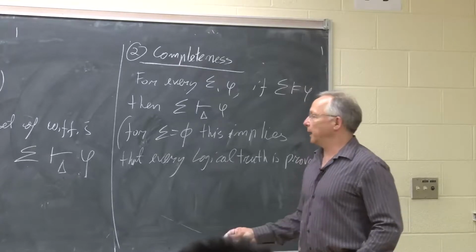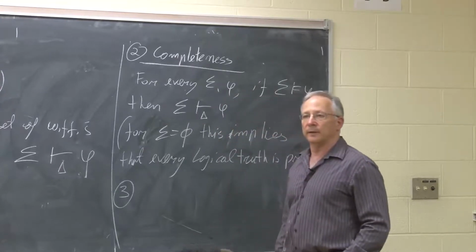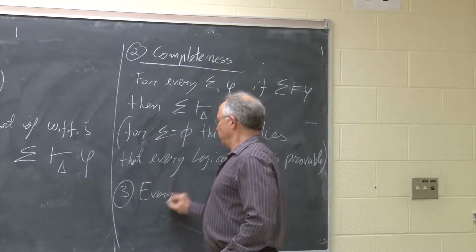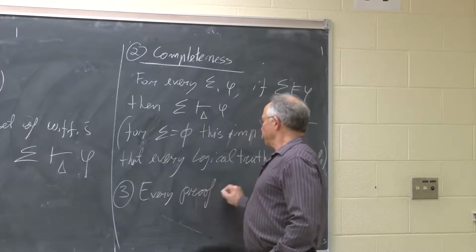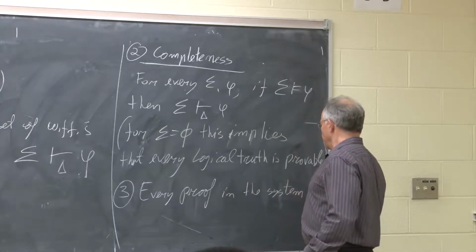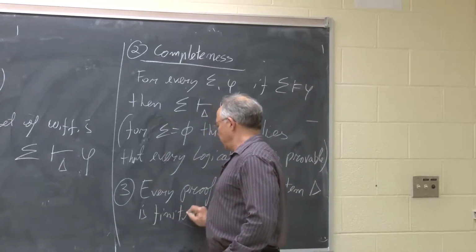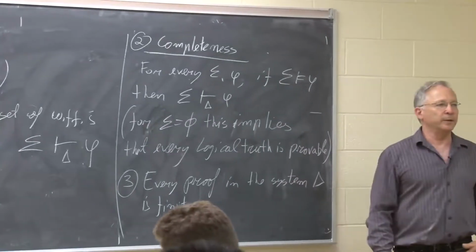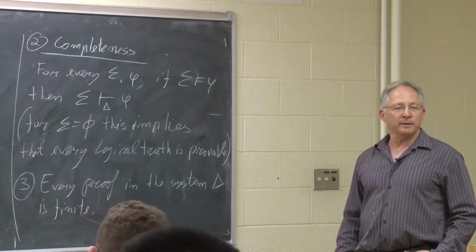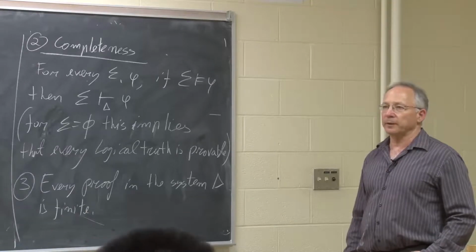And now I want the third requirement. And the third requirement is that every proof in the system delta is finite, which is also a very natural requirement. We don't want to have infinite proofs, because if we have infinite proofs, we'll not be able to check that it's a proof. Okay? Now I'm claiming, assume that you have those three properties,